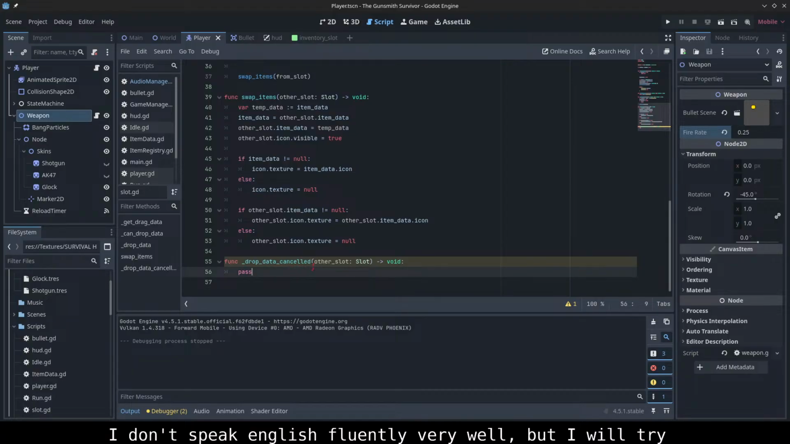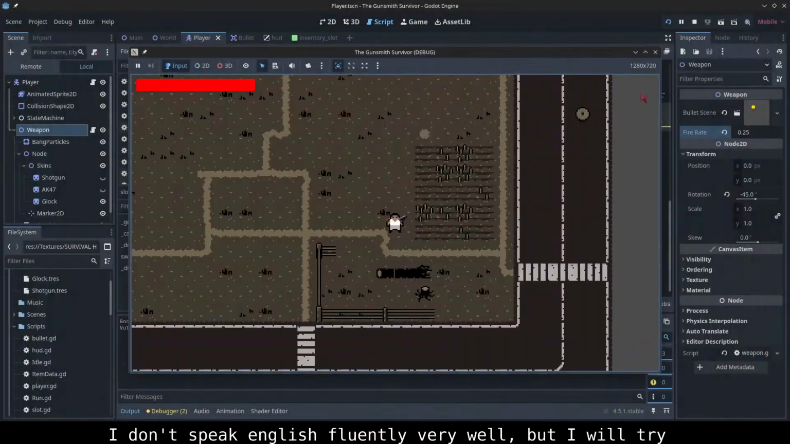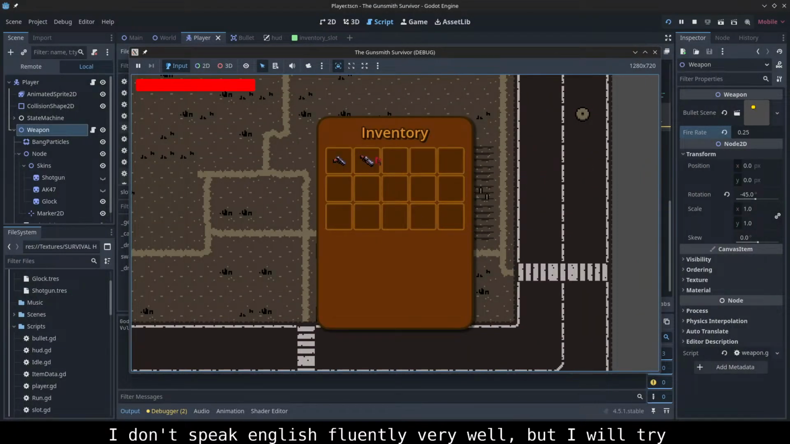How it's done. If drop data cancelled, so if the release is cancelled,